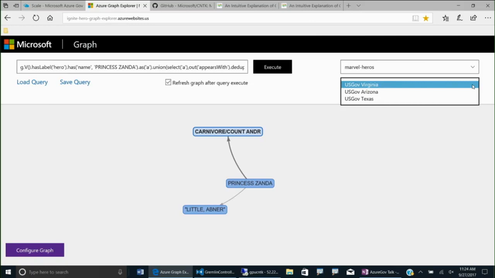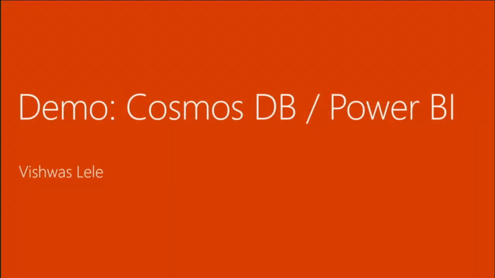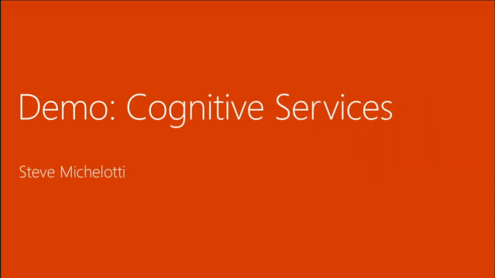Great, okay. Hit the button there. To 6. Yep. Okay, so we have talked about getting connected to AzureGov. We've talked about Cosmos DB. The next thing I want to talk about is cognitive services, because cognitive services is